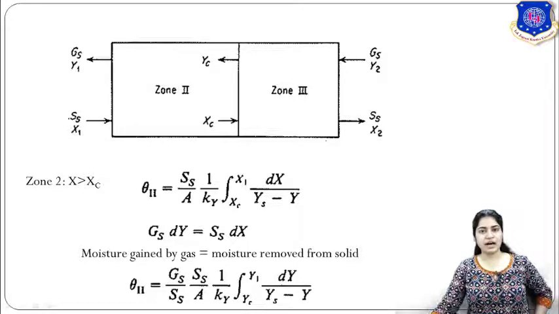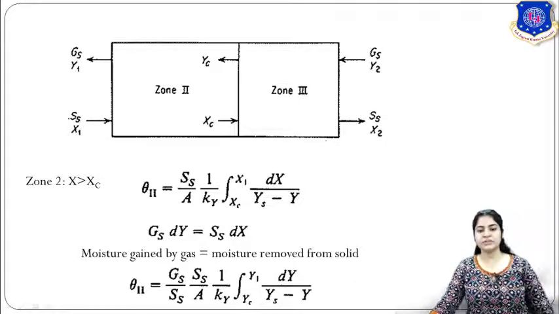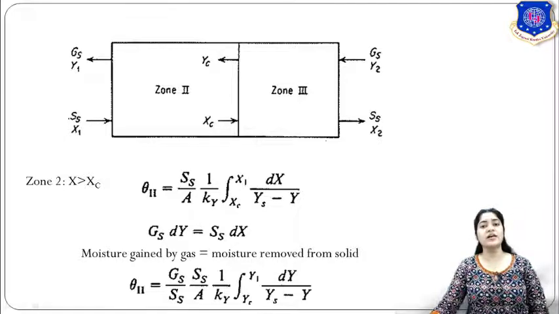This is the countercurrent drying mechanism. In zone 2, the wet solid is entering, whereas in zone 3 the gas is entering with humidity Y2, and it is going out at humidity Y1. For the wet solid, it is entering with moisture content X1 and going out with X2. Now, Xc and Yc are the critical moisture content. Zone 2 talks about unbound moisture drying, and zone 3 talks about bound. So Xc, the critical moisture content, divides unbound and bound drying.